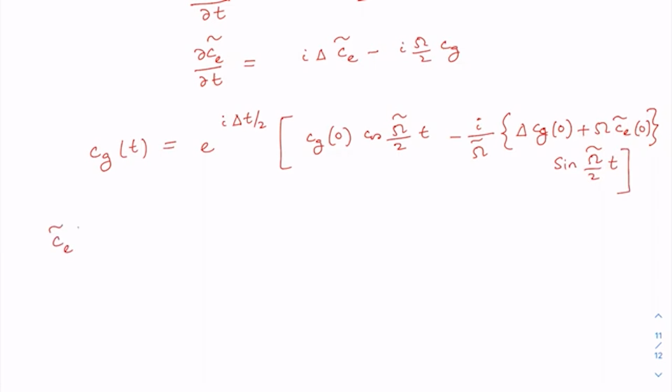and Ce tilde would be equal to e to the power i delta t by 2 Ce tilde 0 cos omega tilde by 2 t plus i by omega tilde delta Ce tilde 0 cos omega tilde by 2 t